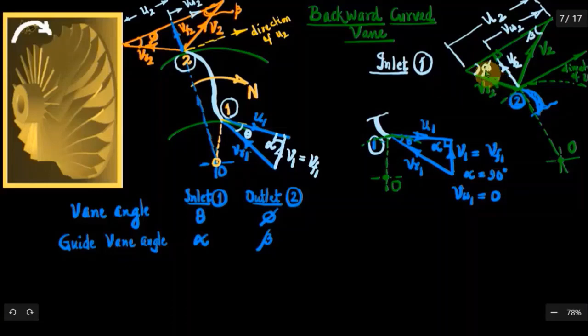Now from this, can you please find out what is tan phi? Tan phi, the vane angle at outlet, is the angle which the relative velocity makes with the direction of U2. So tan phi is equal to what? From this small right triangle, this is VF2 divided by what is this distance? Opposite side by adjacent side. What is this adjacent side? It is U2 minus VW2. So that is this one.